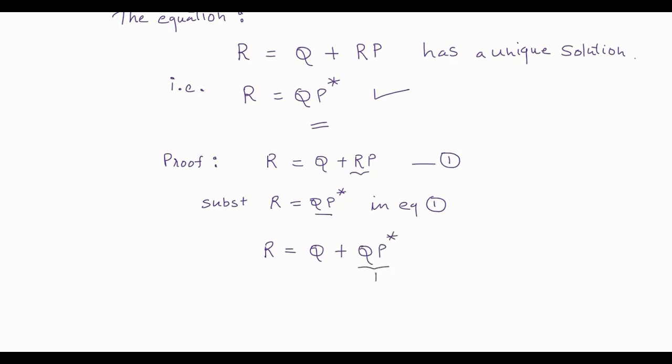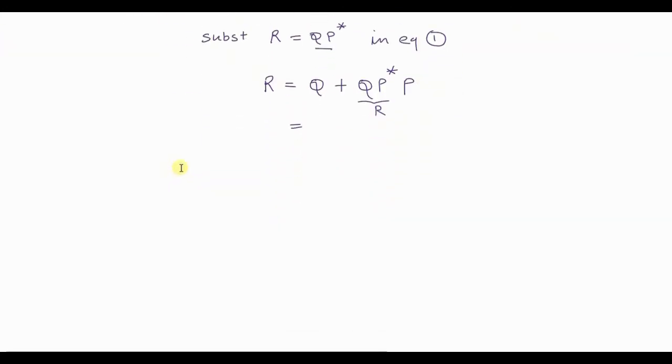Okay, so this is R followed with a P. Now how can we write this further? This can be further written as, now notice that there are common terms. Q is a common term, so this can be written as R equal to, you can take this Q out. So what remains inside? Now remember, in regular expression, whenever Q is removed, what remains inside will be null. Null plus P star